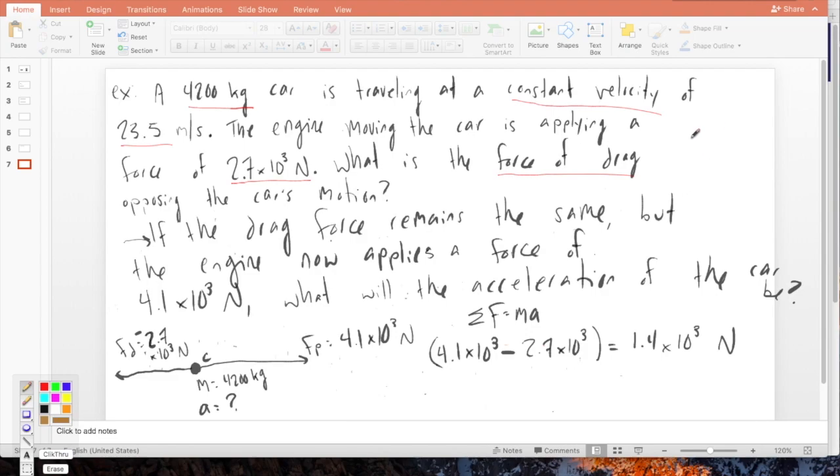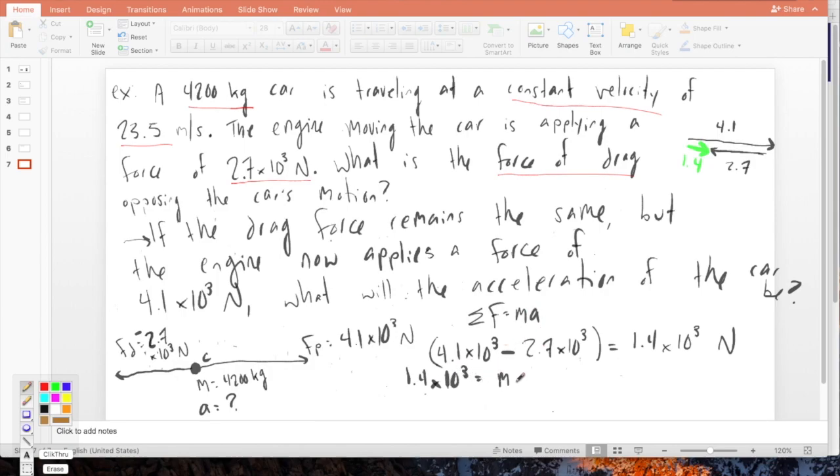Remember, that's like this. I have this larger force, which is 4.1. I had a smaller force, which was 2.7 the other way. So how much left over do I have? Well, this force pointing to the right is larger, so there's my leftover force of 1.4. That's my net force, right? Times 10 to the third, obviously. So that's my net force. That's the sigma F. So I can say 1.4 times 10 to the third